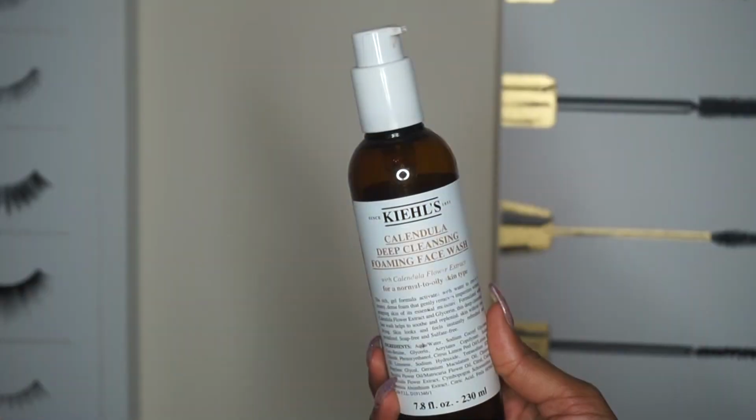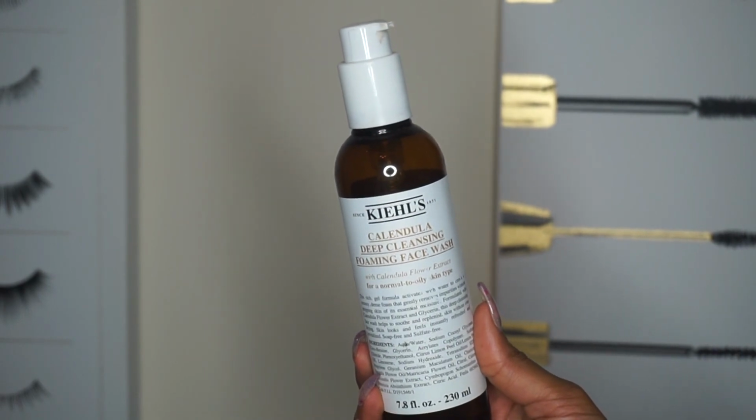This is the Calendula Deep Cleansing Foaming Face Wash from Kiehl's. So I'm either using one of these. Sometimes with exfoliants, it can become kind of abrasive on the skin and actually increase texture, increase the ability for breakouts to happen. So you just want to keep a nice fair balance. Don't use this one 7 days a week, even though it says you can use it. I usually use it about every other day,